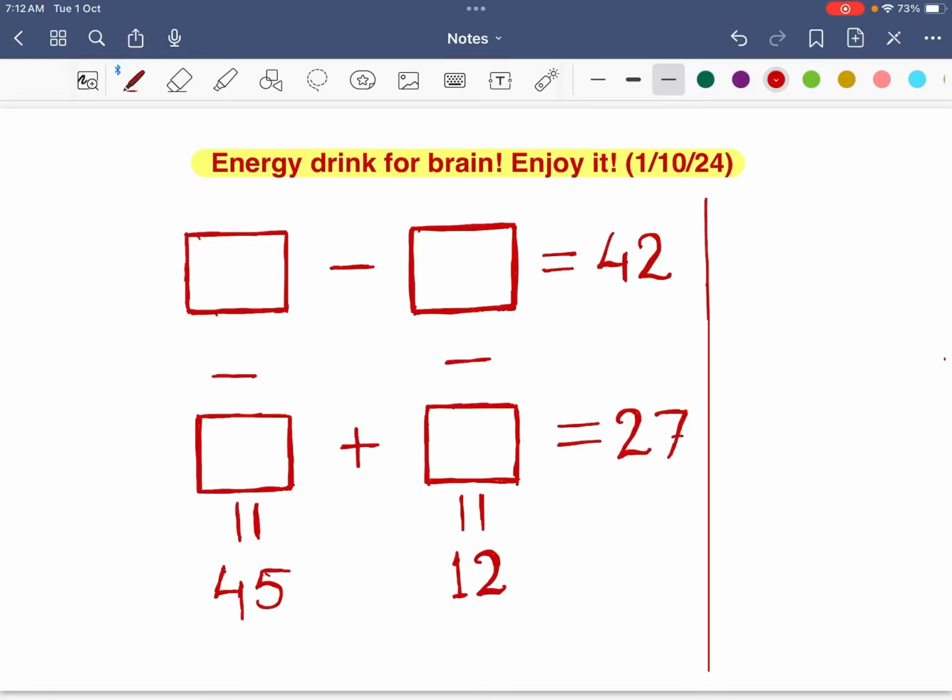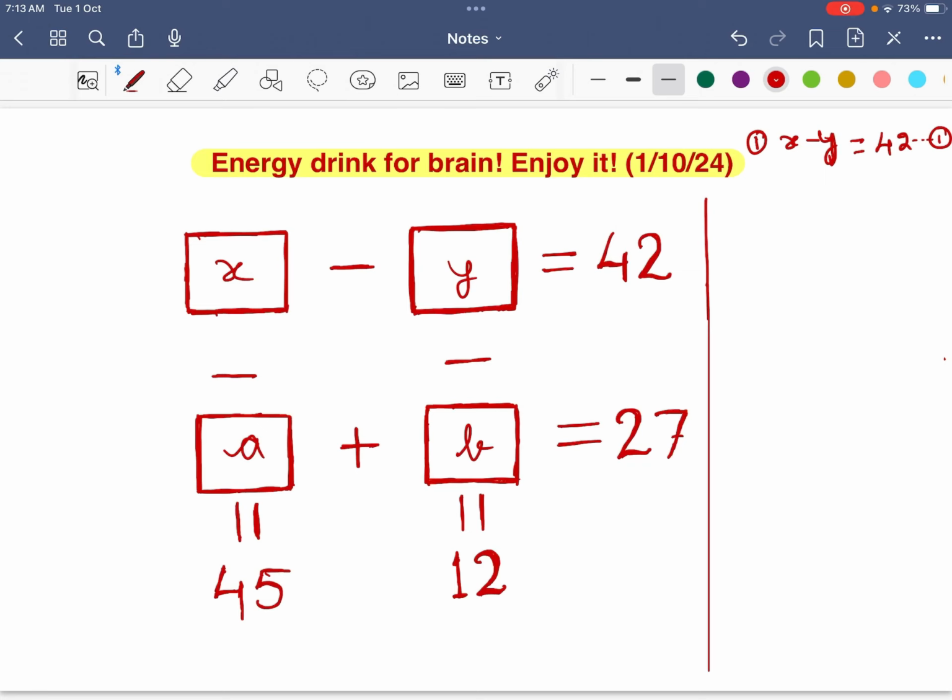Let's see the solution, how to solve this puzzle. Okay, here we will assume it as x, y, a and b. So the four equations we will be getting are, the first one is x minus y. Till now we were doing with plus, but now it is subtraction, so please take care of that, is equal to 42. This is equation 1.